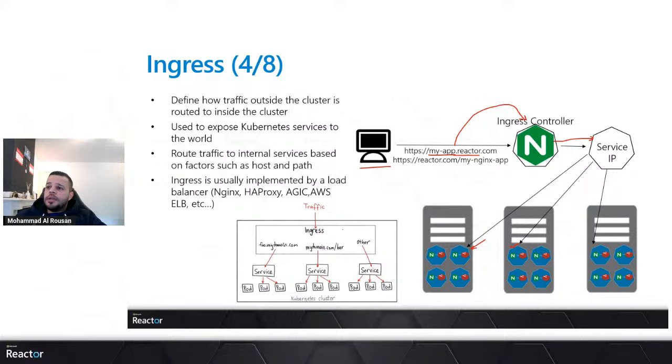And as you can see here, we have one Ingress and multiple services. So Ingress, as we said before, is smart. It can understand the message content or the URL, etc. So based on the rules, it will send the traffic to a specific service, to this service or to a different service. So you need only one Ingress to handle all the traffic inside your Kubernetes cluster. You don't need to have like 100 Ingress, only one.